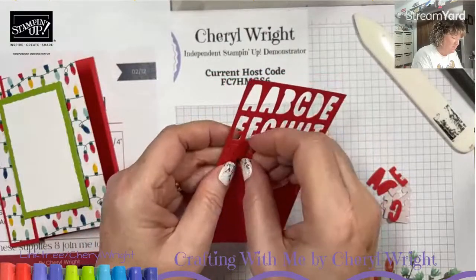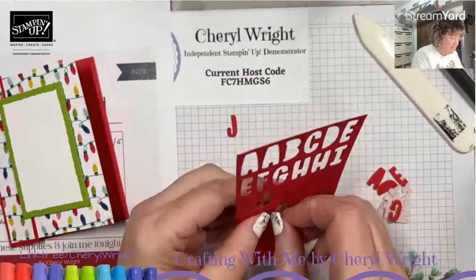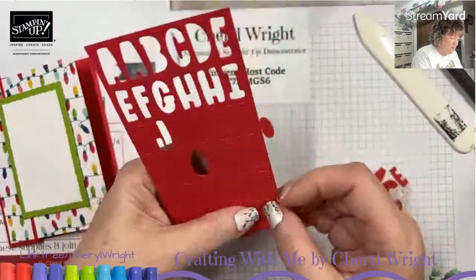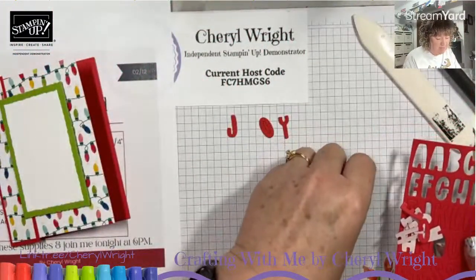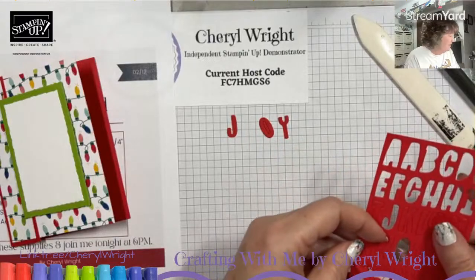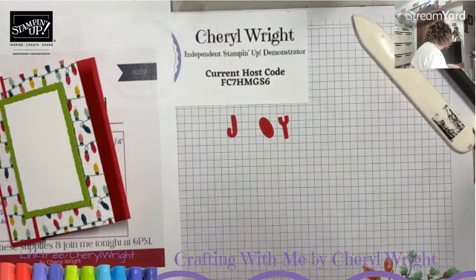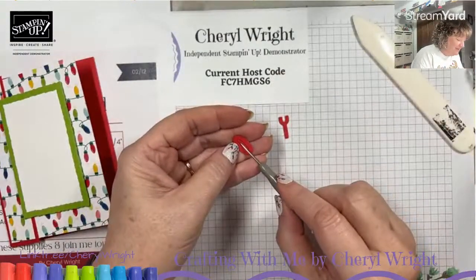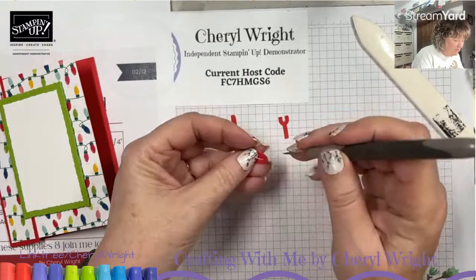I'm going to put Joy at the bottom. J, O, Y. There we go. So I can put all the rest of these in a Ziploc bag and use them as I need. But what do I do with them for now? They can rest on my Stamp and Cut and Emboss machine tray because I don't think I need that tonight. So I'm going to poke out the O